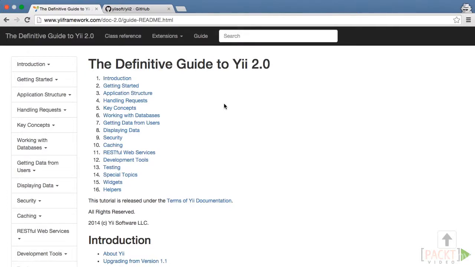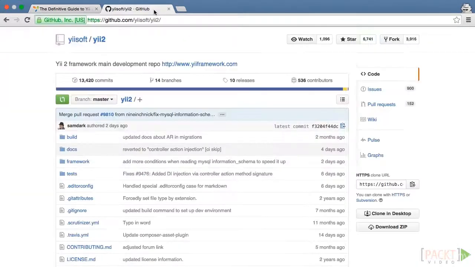The next step is to take a look at the Yii 2 Definitive Guide, which will help you dig even deeper into this incredibly flexible and powerful development framework. The Definitive Guide is located at www.yiiframework.com/doc-2.0/guide-README.html. Once you master that, you may also benefit from looking directly at the framework source, which is located at